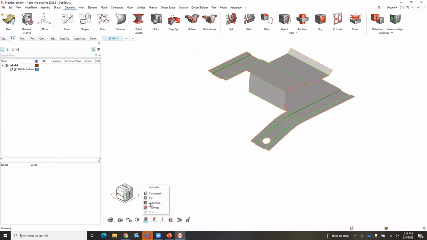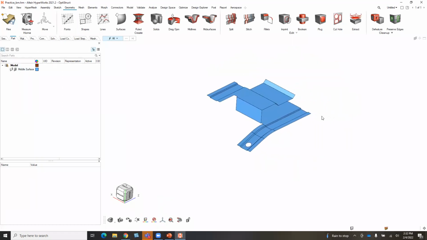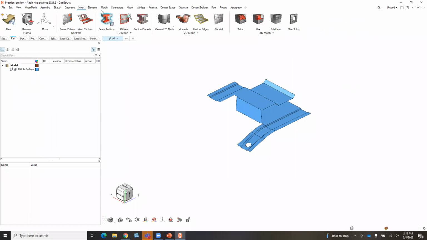So I'm going to turn this off, just to make it a little bit easier to view some things here. So I'm at my automatic mesh. That's the first workflow. Check our geometry, we talked about that. And now we can actually jump into meshing. So if I go to my mesh tab right here,